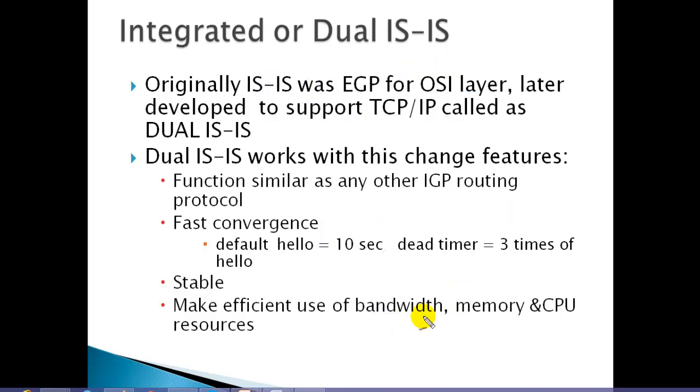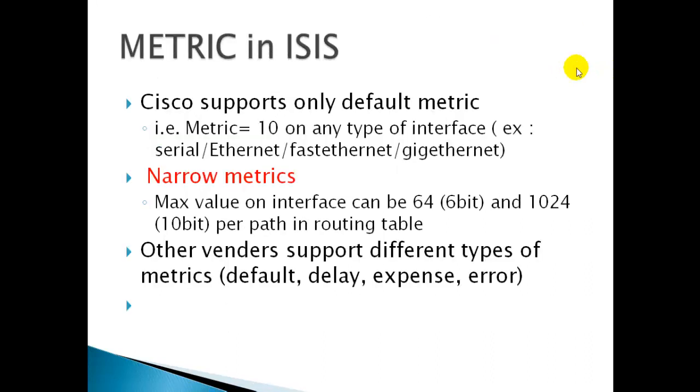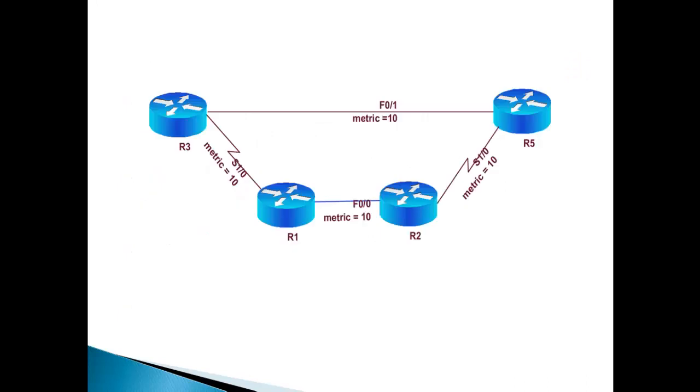So now the ISIS protocol, which we're going to discuss here, is your integrated ISIS, where we are going to run this ISIS over our IPv6 protocols, and also we'll see how to run this protocol on IP version 6 as well. Now the metric in ISIS is the same thing, it's simple. The metric by default it uses on every link is the default metric of 10.